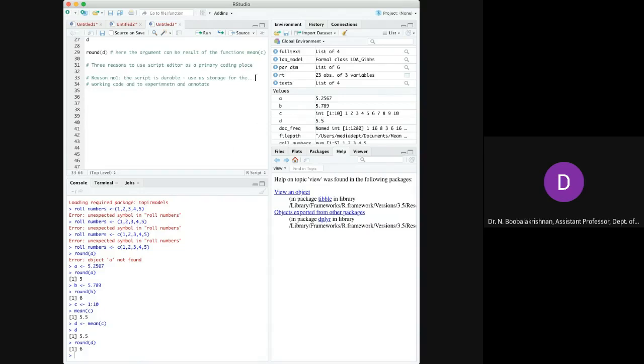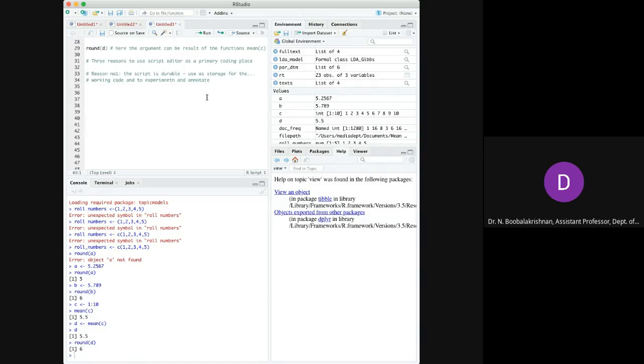This is one of the reasons why we should use the script editor to write your code.